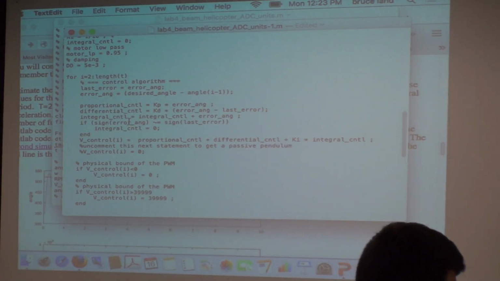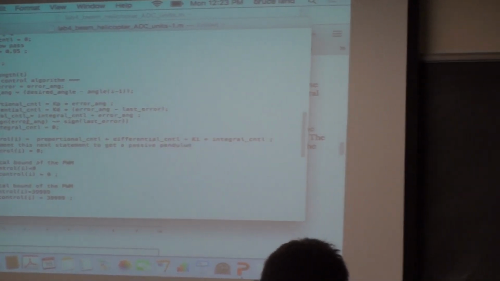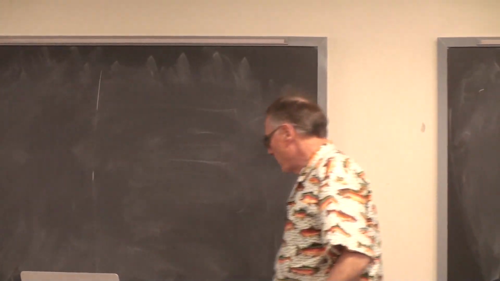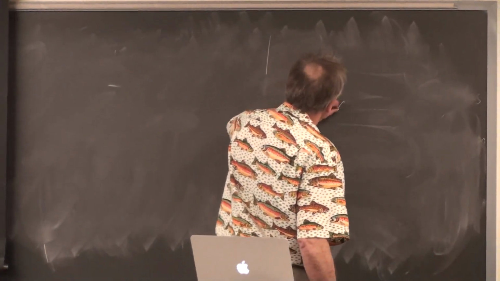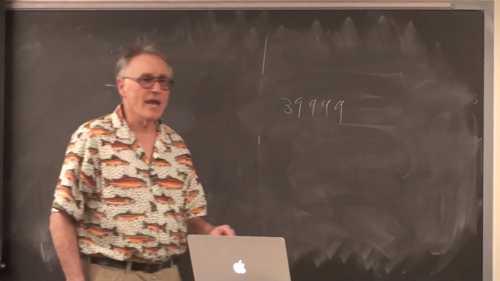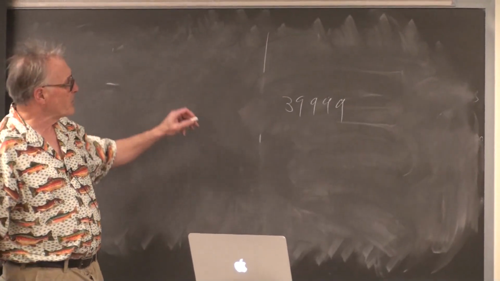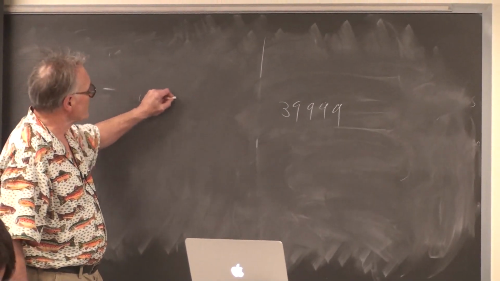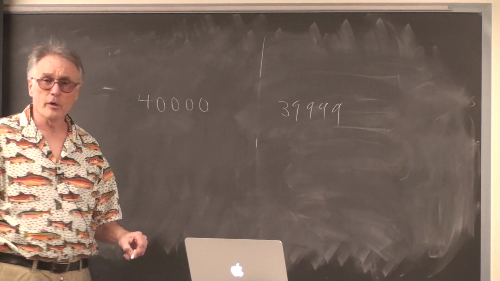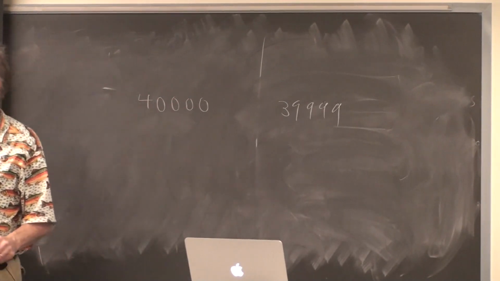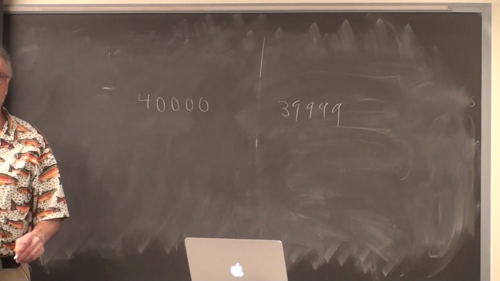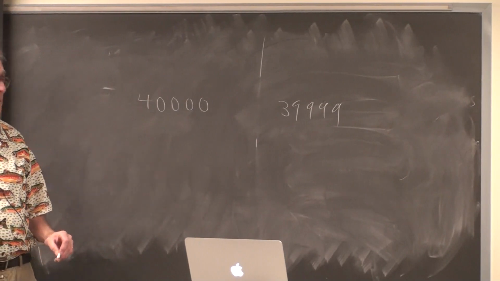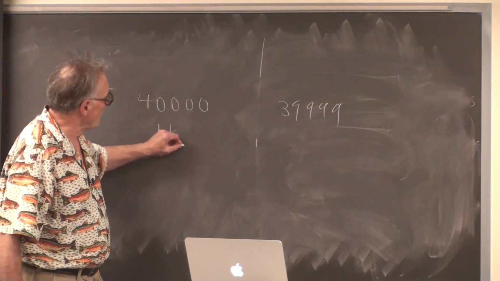So we're going to bound the upper level to the maximum level of the PWM, and by saying 39,999, what I'm saying is that the period of the pulse width modulator is going to be 40,000, or in other words, 1 kilohertz. 40 megahertz divided by 40,000 is 1 kilohertz. So this assumes a 1 kilohertz